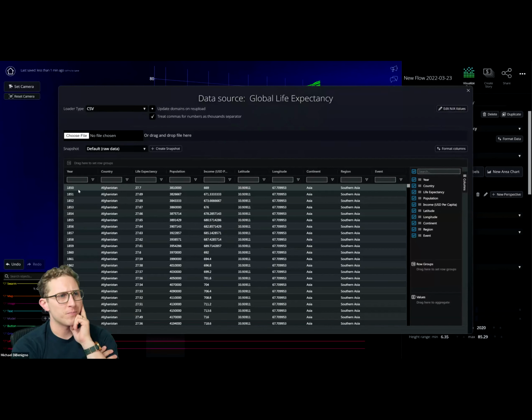I didn't know if you could swap it and make it go by columns instead of rows. Right. I don't believe so. Yeah, I don't believe so. But